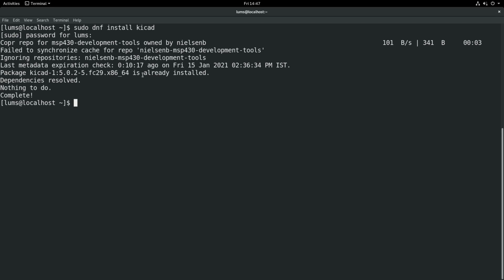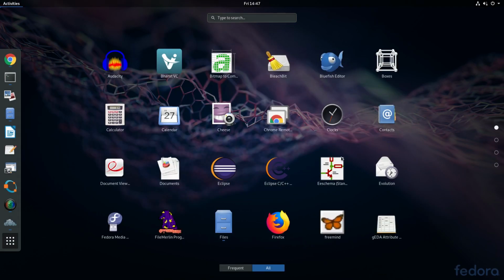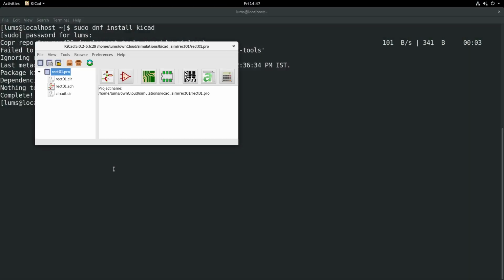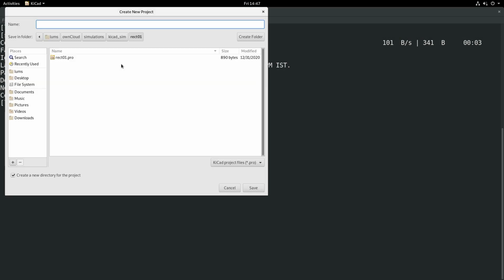What next? In the application listing, you see KiCad here. So this KiCad application will come in there. You can click on that and you will see something like this. Go to File, New Project. So we say File, New Project, and let me create a new project.